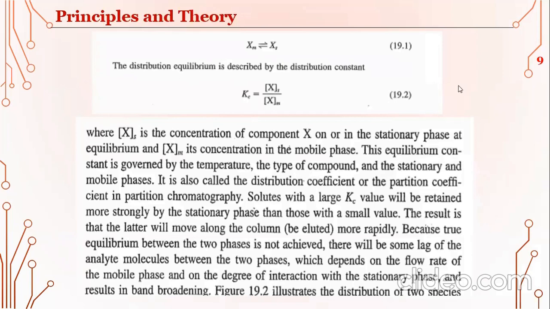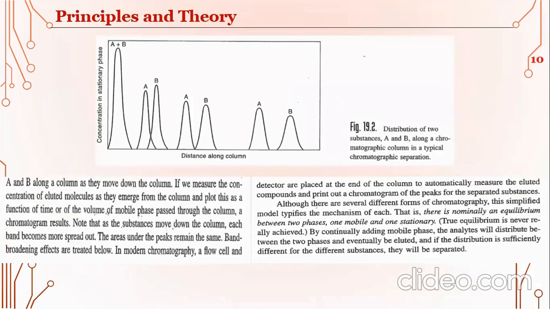And next to it is this thing. So this is a graph. This axis shows the distance along the column. Indirectly, it will show the time it took through the column. And this is the concentration of the stationary phase. So the concentration of the stationary phase means it will be